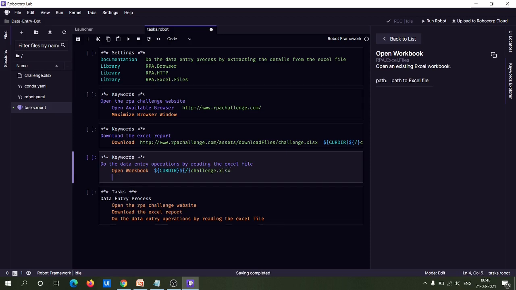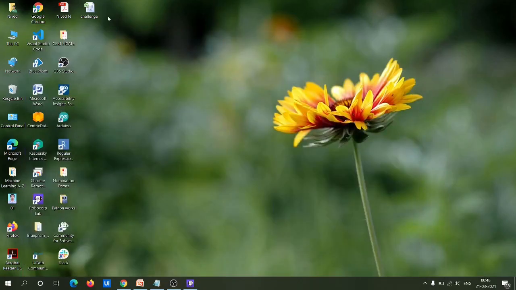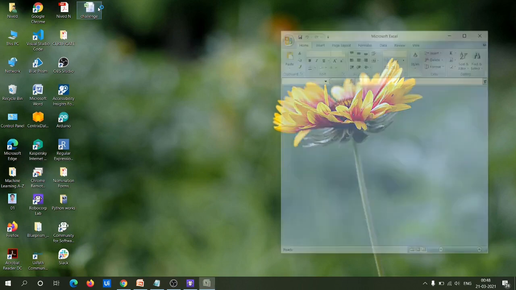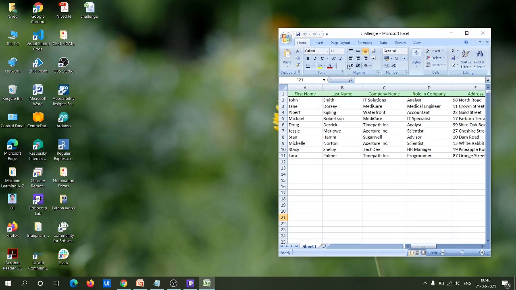After opening the workbook, next we have to read the Excel file and store it in a table. If you open the Excel file, which I had downloaded for demonstration purposes, what we have to do after opening the workbook is read this Excel sheet and store it in a table.